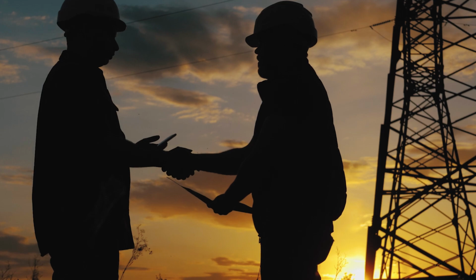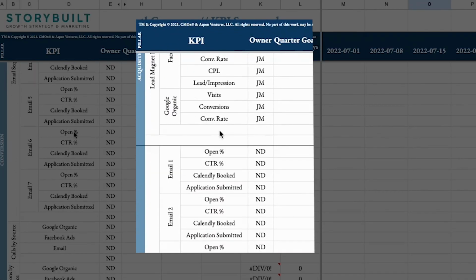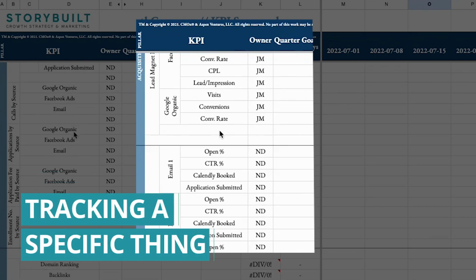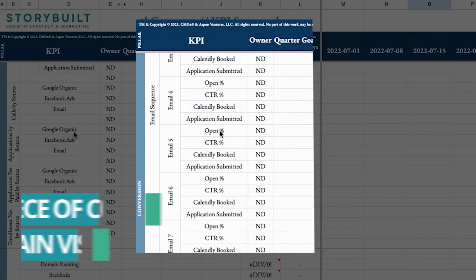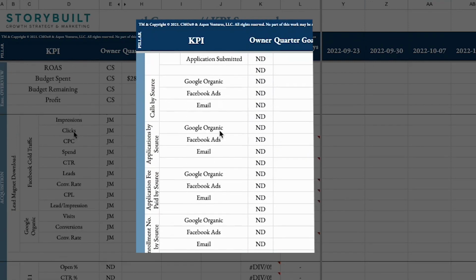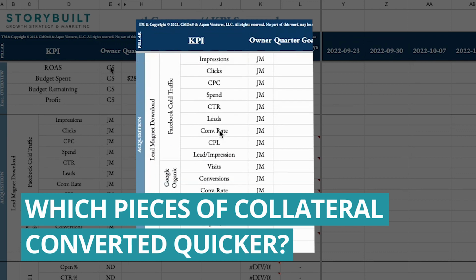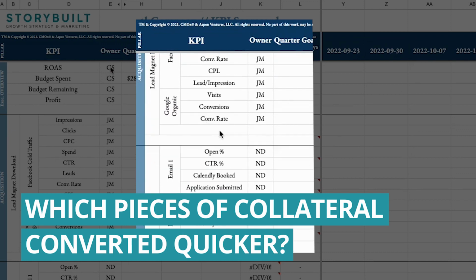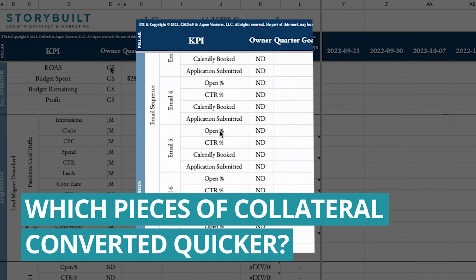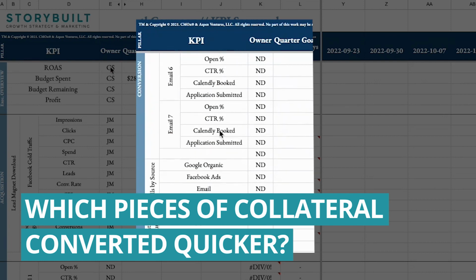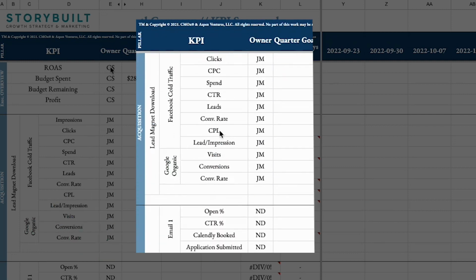And then we can go back to that KPI spreadsheet that I showed you in the beginning, where we're actually tracking the specific things. Which piece of content got certain visits? How long were those visits? Which pieces of collateral did the sales team give to somebody before a meeting, and did those people convert quicker or at a higher rate to an active sale? Those are the kinds of things we want to track.